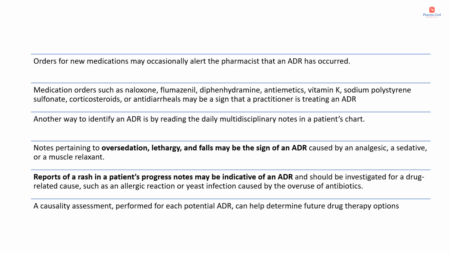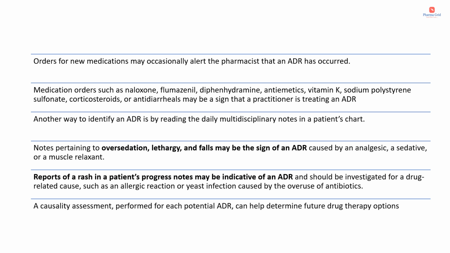Orders for new medications may occasionally alert the pharmacist that an ADR has occurred. Medication orders such as naloxone, an opioid antagonist, then flumazenil, which is a benzodiazepine antagonist, then diphenhydramine, antiemetics, vitamin K, sodium polystyrene sulfonate, corticosteroids or antidiarrheals may be a sign that a practitioner is treating